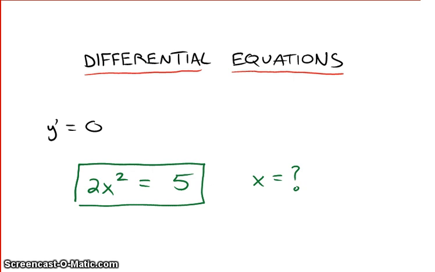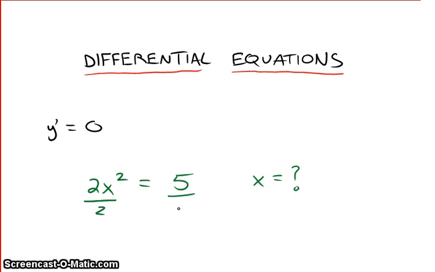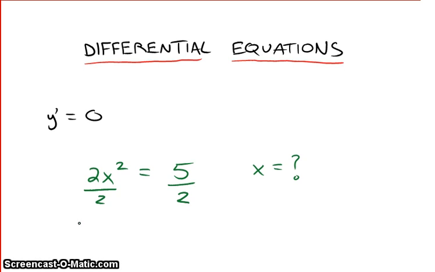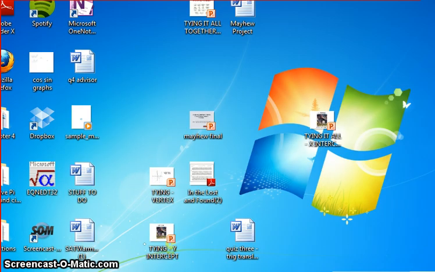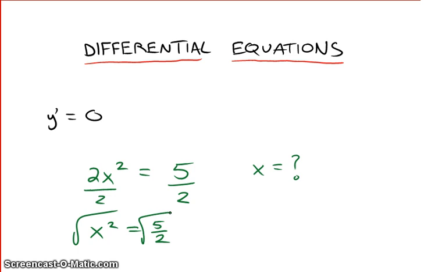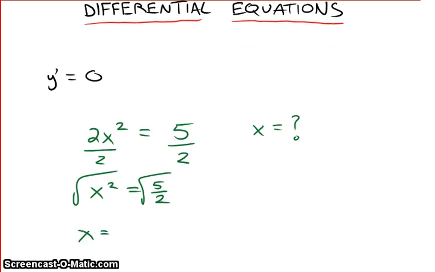And the way we do that is by manipulating the equation. The first thing we can do is divide both sides by 2. You learn that there are all these rules that you can follow, things that you can do to the equation to manipulate it. One of those rules is you can divide both sides by anything you want as long as you do it to both sides. Here we get 5 halves. You could also do things like take the square root of both sides. And that would leave me to a final answer, answers rather, plus or minus the square root